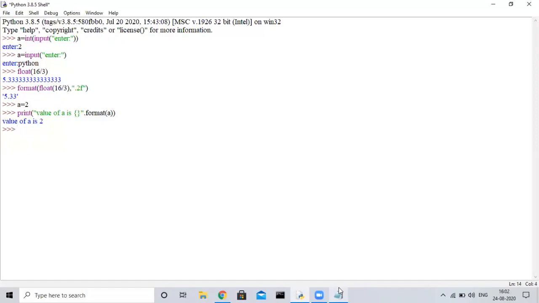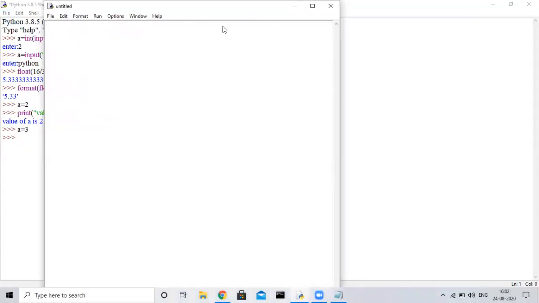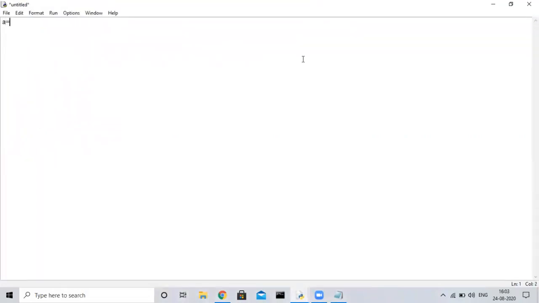So first one, if. Suppose a is equal to 3. If a equals 3, then print. I'll write it with this. a is equal to 3. If a double equals 3, then it will print true. Okay,